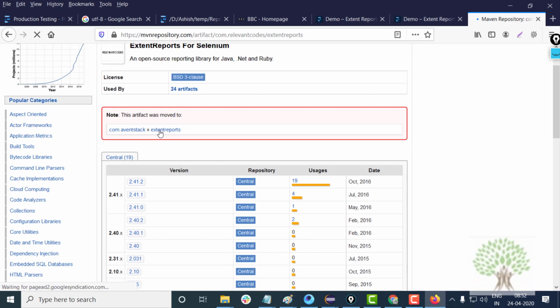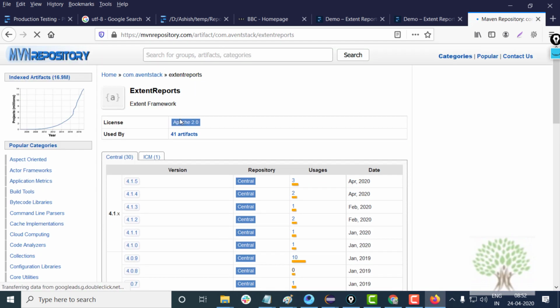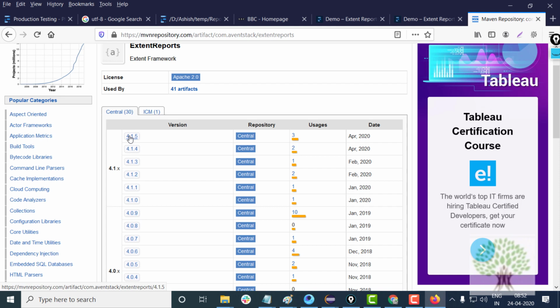This has been moved to this link. So this is the Maven repository for Extent Reports. Right now the version which is going on is 4.1.5. I'll use this one. In case you're watching the videos and a new version has come up, you can try with that, or I would suggest to try with this.